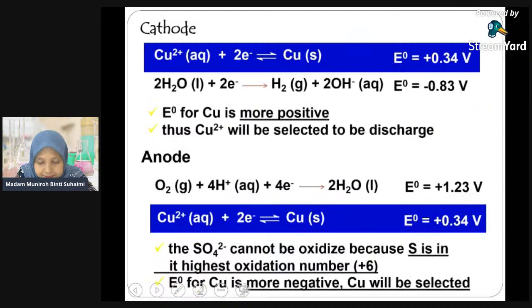So, at cathode, from E0 cell value, E0 for copper is more positive, thus copper 2 plus will be selected to be discharged. Same as in the electrode lah. For cathode, for anode,